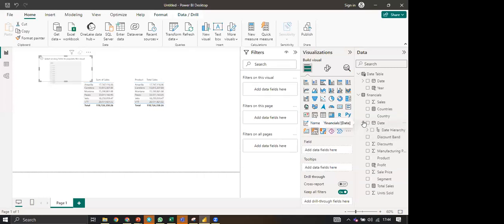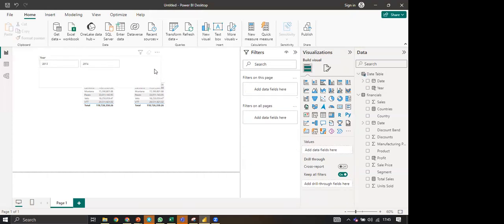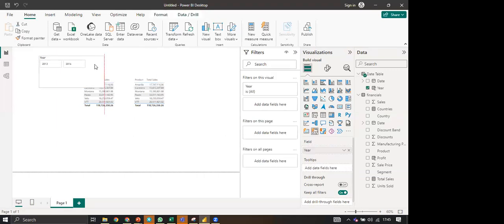What a slicer basically does is help you filter for a particular category that you selected. Sometimes it's continuous, probably for numbers or for years, for days. But this one that we have just has 2 years, and I've selected year, so the category is year. So if I select 2014 now,